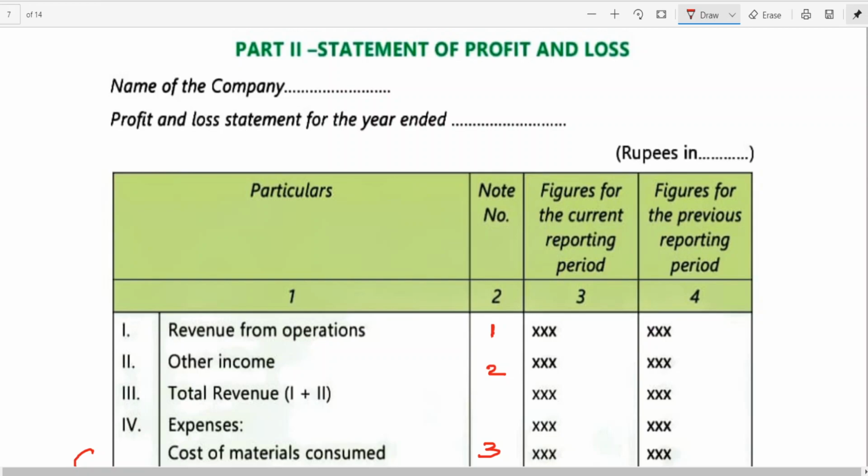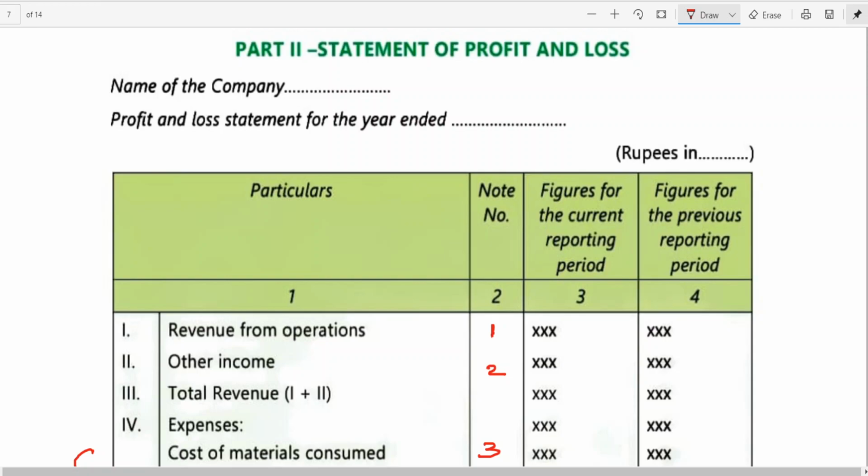in a comprehensive problem having P&L account and balance sheet, first you should start with the balance sheet format and then the P&L account. My advice to all of you: if you have both to prepare, leave the first page for the balance sheet, and the details will be shown as notes to account. Then leave the second page for the P&L account, then you start the notes to account. And in the notes to account also you should start with the balance sheet only.